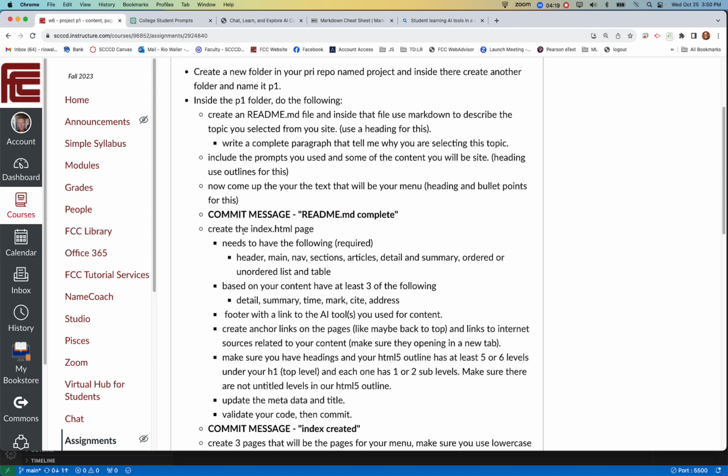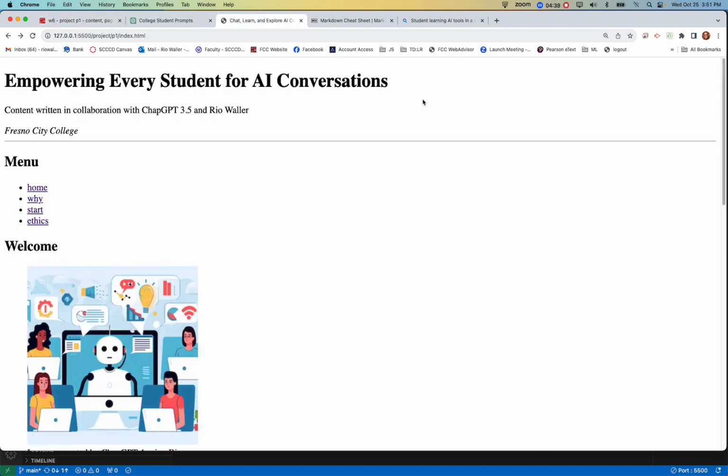Now create your index page. And here is what is required: a heading, main, nav, section, articles, right? Those semantic elements that just give our page structure. And when you're doing that, keep in mind what we learned about using the outliner tool, and if you're not sure what creates them,